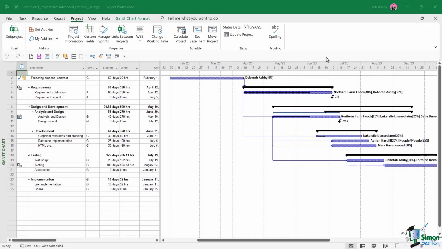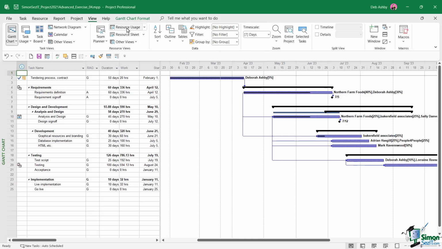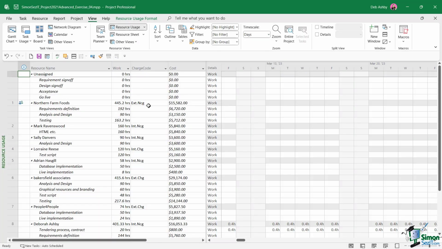It's time now for us to complete exercise 4. And in this exercise, we are back to working on our web development project. I've updated it a little bit, and the starting point you're going to find in the exercise files folder. The file name is exercise4.mpp. And if you take a look at this file and jump across to Resource Usage View, you can see